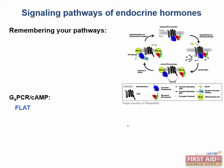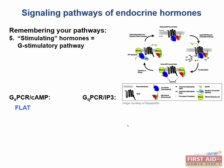The rest of the hormones get broken down between the two different types of G-protein coupled receptor: G-stimulatory, which signals via cAMP, and Gq, which signals via the molecule IP3 and an increase in intracellular calcium. The two hormones I consider to be stimulating hormones both use the G-stimulatory pathway. The quote-unquote stimulating hormones I'm talking about are epinephrine at the beta receptors, which makes sense, and glucagon, which is